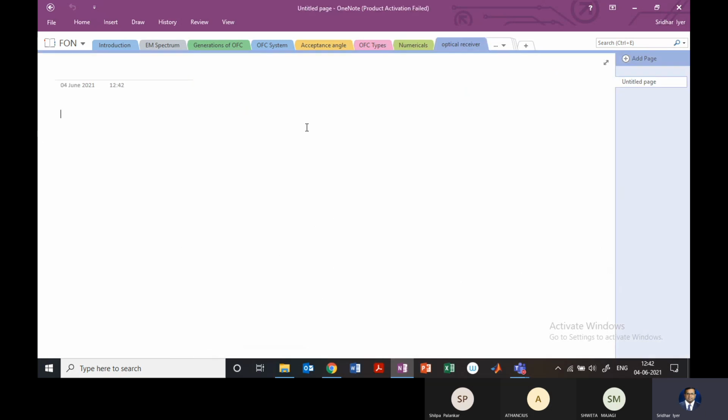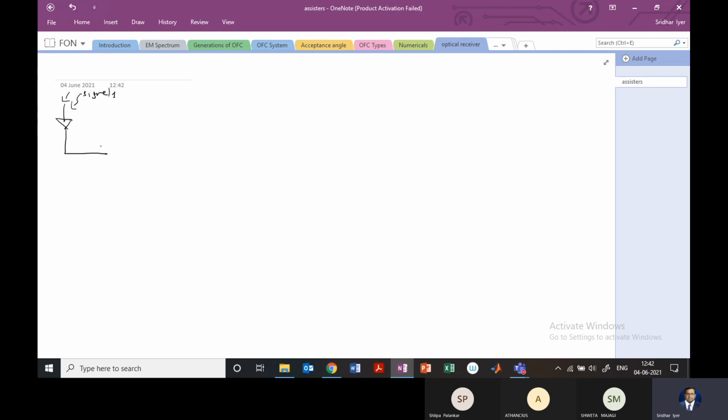I have already differentiated between the receiver and the detector. Let me again go back to the very first lecture where we had drawn the optical system. Now we are in a position to completely understand what the system looks like. Here we have an antenna which will catch the signals.